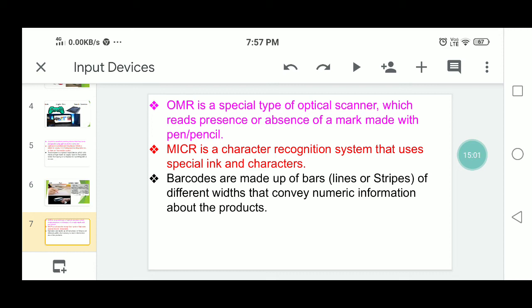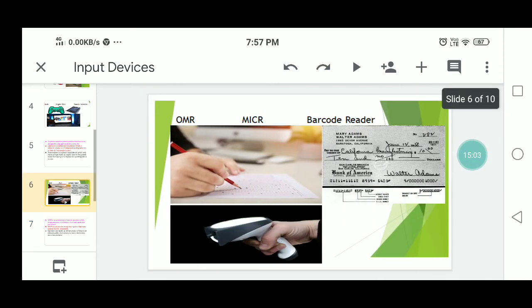The next, barcode readers. These barcodes are made up of bars. Barcode readers are a type of handheld scanner that is widely used to read the barcodes printed on the products. Especially we can see these barcode readers in supermarkets.